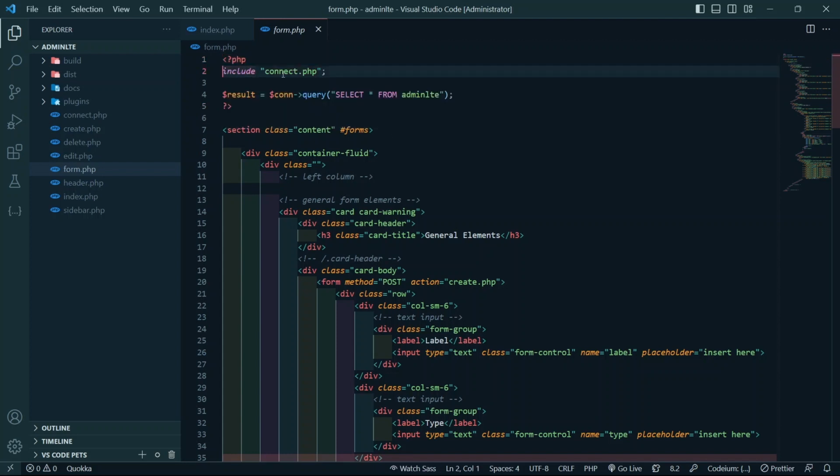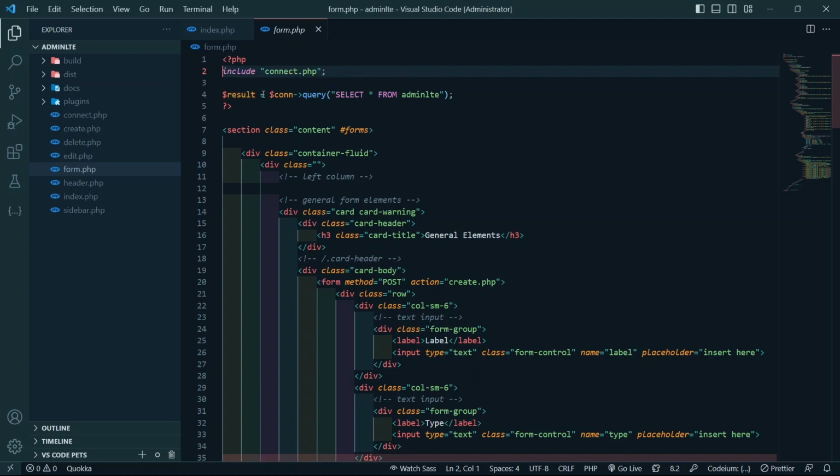So we must include first connect PHP here, this one we must include, and then make a new variable called result, and this variable